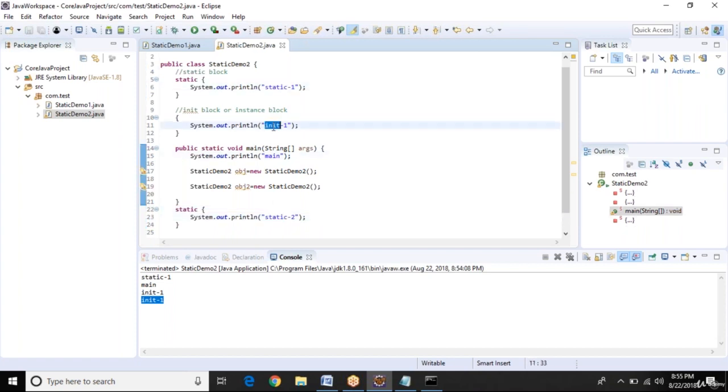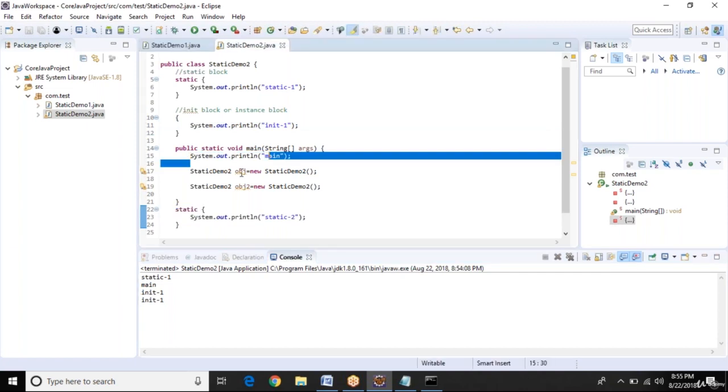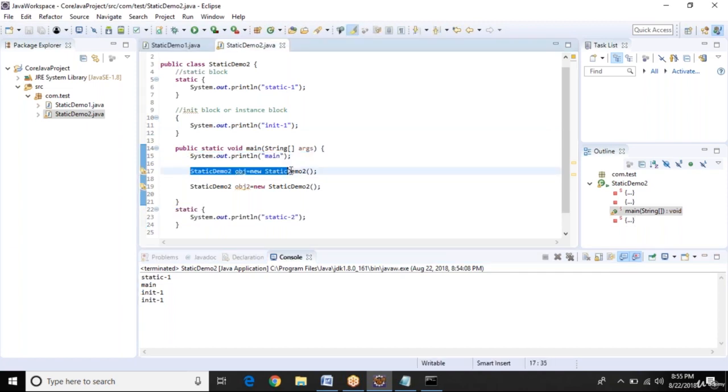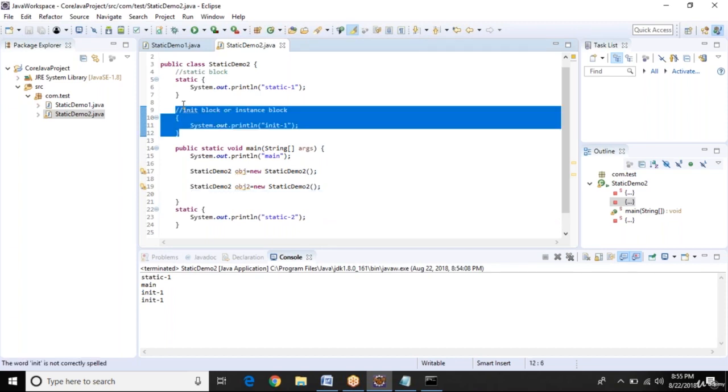Yes, definitely, because all static blocks will be printed first, and then it will move to the main method, and if we have any object, it will create the object and execute this init block. Then again it will create an object and execute this block. So this is how static and init blocks work.